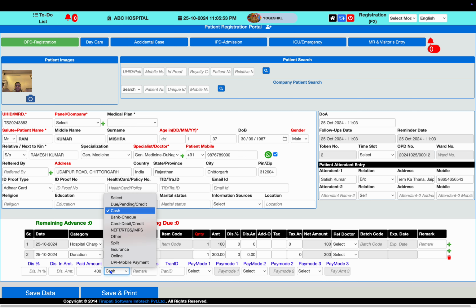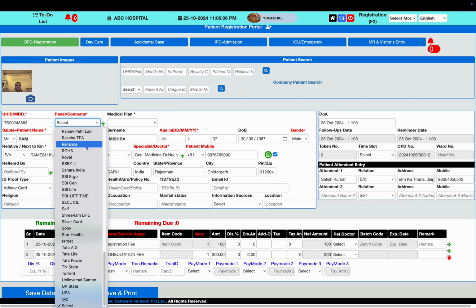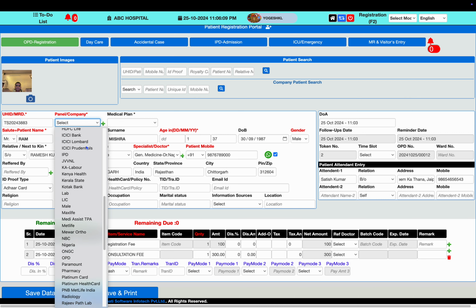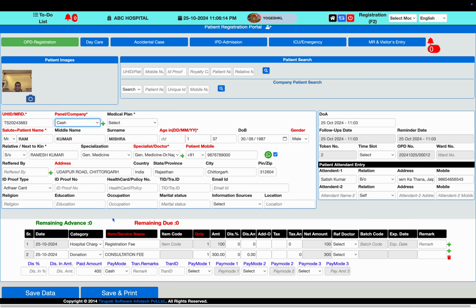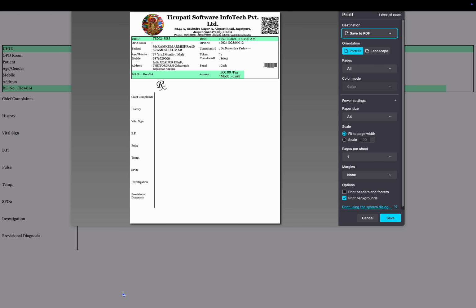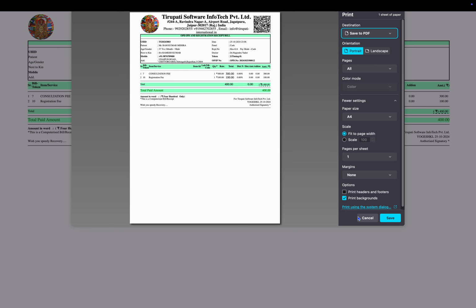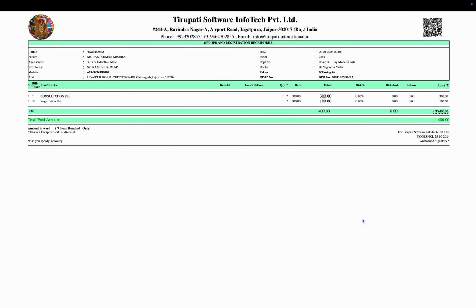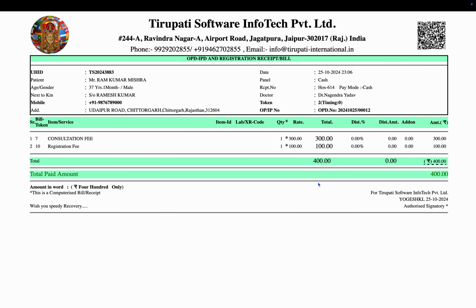After that, if you are authorized to give a patient discount, you can provide it. Then you can select payment options, like the patient is making payment either by cash, or it is an insurance patient. During the registration you can select the panel or insurance company or case category, whichever kind of patient we have. For example, we can consider this a cash patient, and after doing so we can click save and print. At this moment the system provides you a printable patient cash prescription format and the cash receipt. This patient cash receipt shows such a print preview.